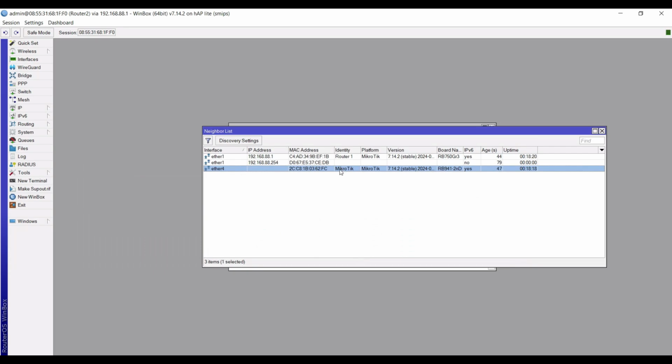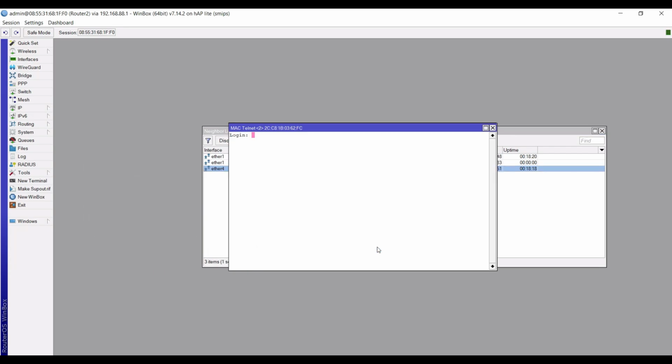Right click, then select MAC Telnet. Input here the username and password of router 3. Since router 3 is in default configuration, username is admin, password is blank.